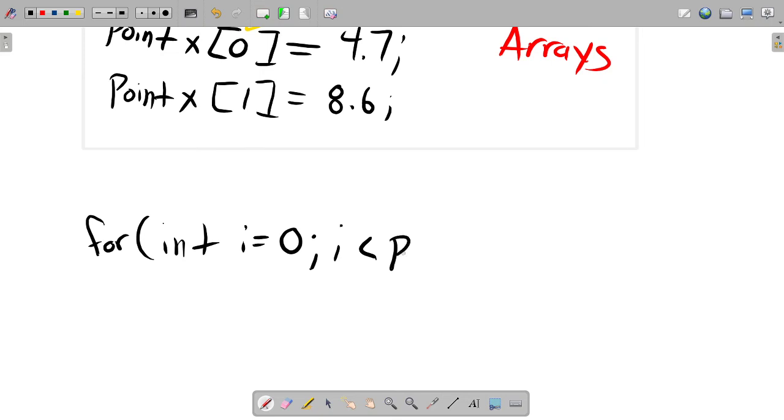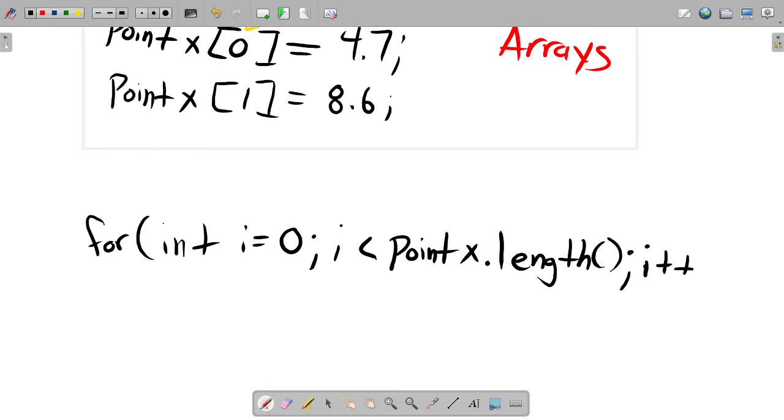One way we can do this is with the length function. Depending on the compiler, it may be different. I believe length generally works in C++. If not, we'll discuss some other methods as well. I++. And I'm just going to print these elements. So I'm going to put one single statement here, and it's going to be cout .x